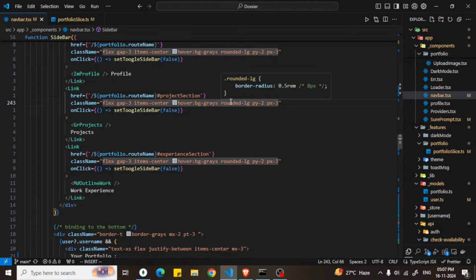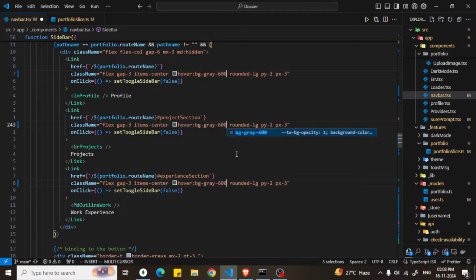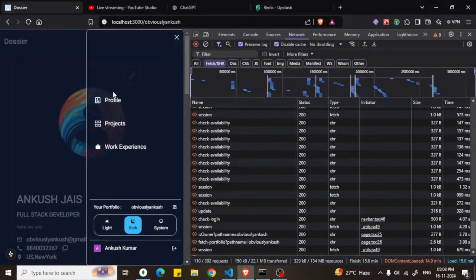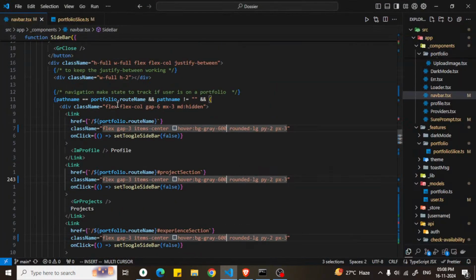Instead of doing this bg gray, let's just add multi cursor functionalities, and let's just say gray 600. Let's just save this. Can you see it's dim now? It looks more appealing. And what if we are on the bigger screens? Okay, we need to fix this too,